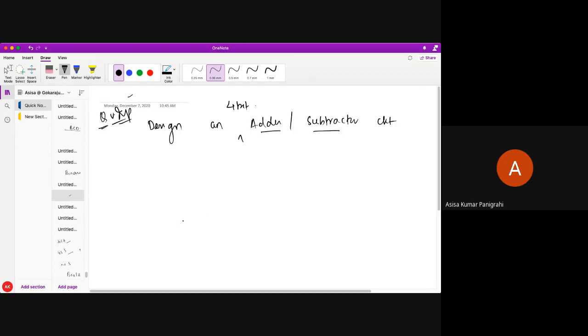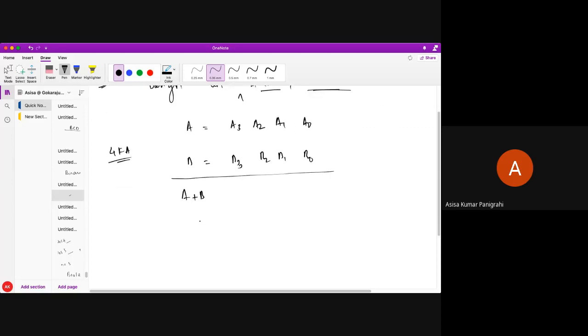Now you understand what you mean by 4-bit adder. I have just told you what you have to do in order to add A of 4 bits, which is A3, A2, A1, A0, and B, which is B3, B2, B1, B0. Do you understand now what to do for A plus B? You just need to have 4 full adders. This will give us my adder circuit. Now tell me how to do the same thing with the help of full adders, a 4-bit subtractor circuit. That is important. Now tell me what is subtraction mainly.